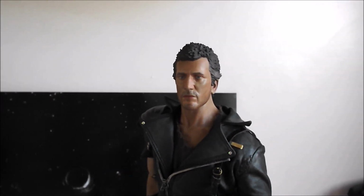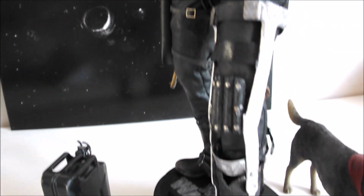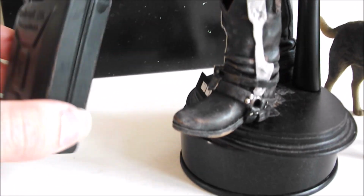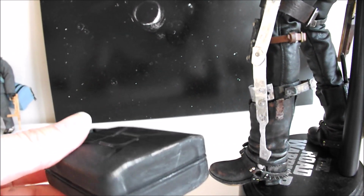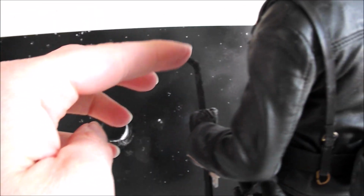Really good likeness to Mel Gibson there from Mad Max. That's from a guy called Uli Pekka. I think he's Russian or Ukrainian. He sculpted that, painted up. Then just got a generic jerry can, obviously, which you see Max use in the film, and the